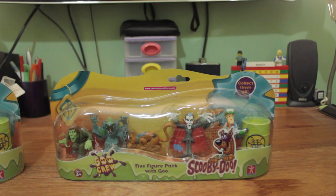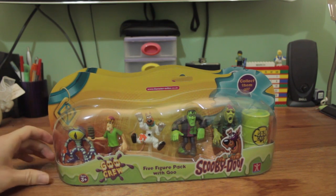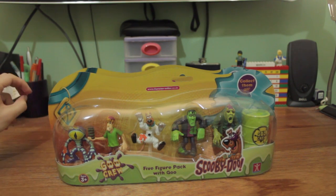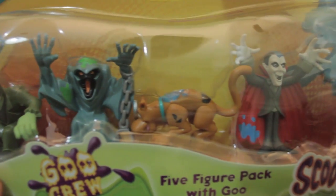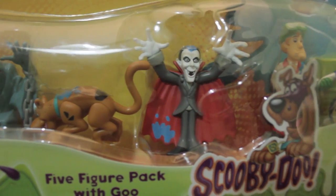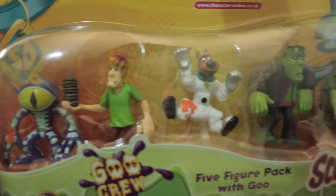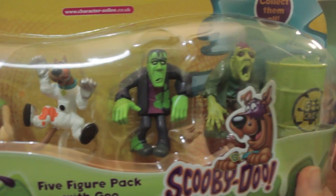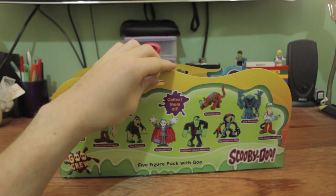Also in the box was not one, but two sets of Scooby-Doo Goo Crew figurines with 5 figures in each pack. I actually saw these last year in the reject shop, but never picked any up. Again, I'm more familiar with the original Scooby-Doo series and the movies that were made around the early 2000s. So this is a great little thing to have to learn a bit more about the more recent editions of